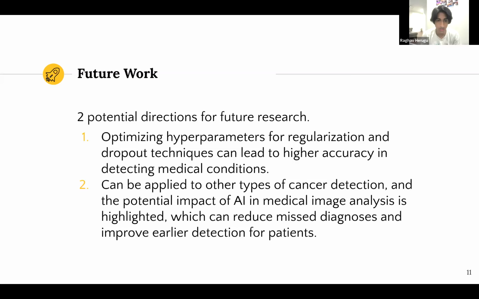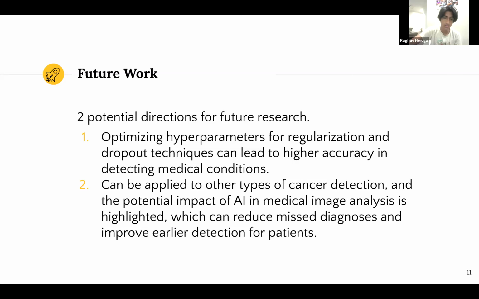As we reach the concluding part of our discussion, I'd like to cast your gaze forward and explore 2 potential avenues for future research that can build upon the foundation we've laid in our study. Firstly, we have the opportunity to delve deeper into the fine-tuning of what we call hyperparameters for regularization and dropout techniques. Hyperparameters in layman's terms are like the adjustable knobs on a machine. By tweaking them, we can significantly impact the machine learning's performance. By optimizing these knobs in the context of our AI models, we believe that we can further boost accuracy